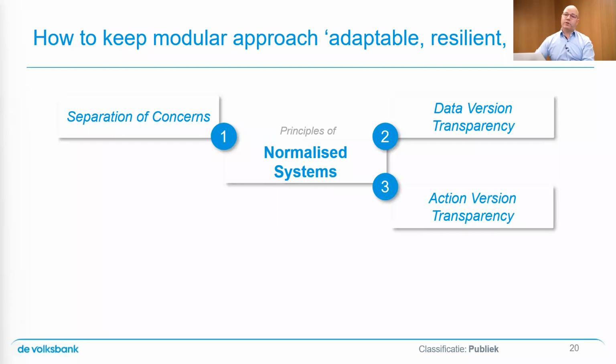And that also leads to principle number 3, which is action version transparency. If I talk to business services and they evolve over time, I can get different versions over time. What I don't want is a different version for every consumer, because that gives me point solutions again. So staying away from point solutions means that if I evolve the landscape, I don't change the way I interact with the people around me, with the consumers of the business functionality.